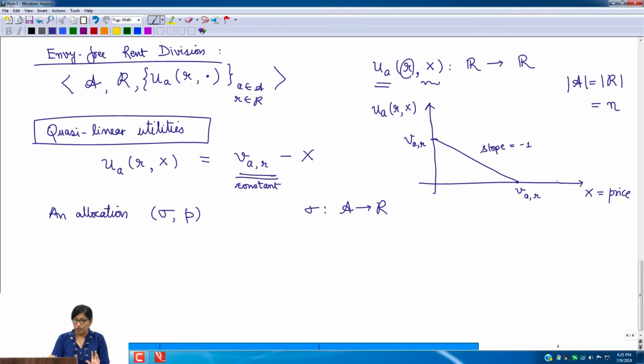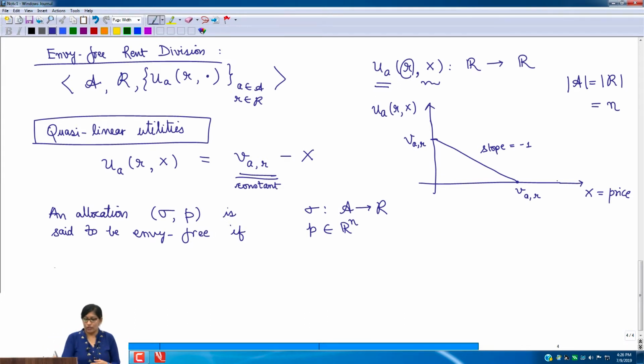Okay. So an allocation (sigma, p) is a tuple where the first entry is a bijection from A to R, and the second entry is a price vector which denotes the price for each of the n rooms. So an allocation (sigma, p) is said to be envy-free if,